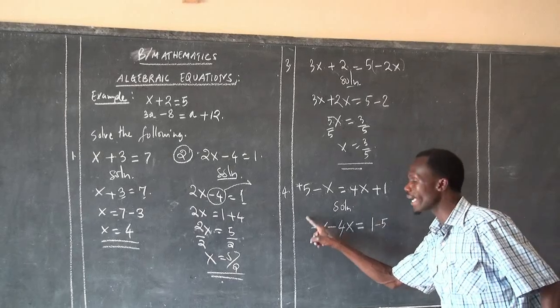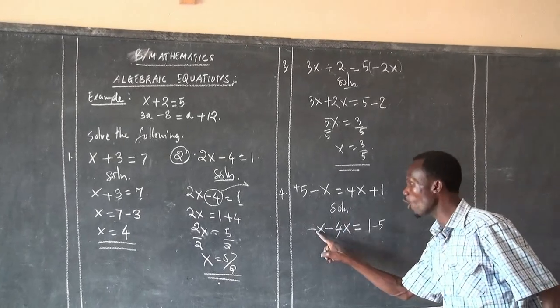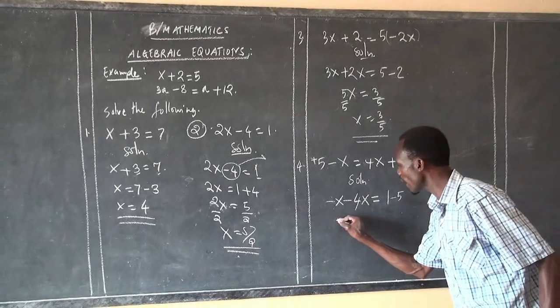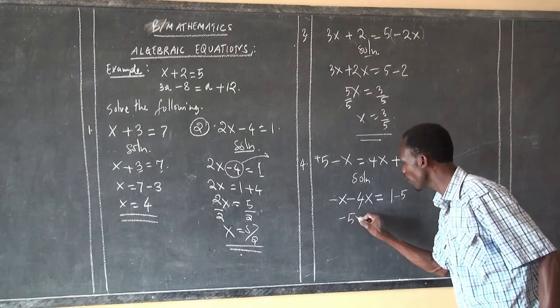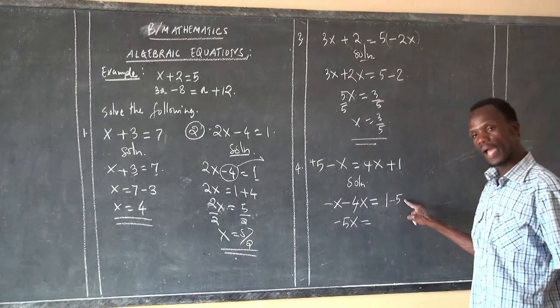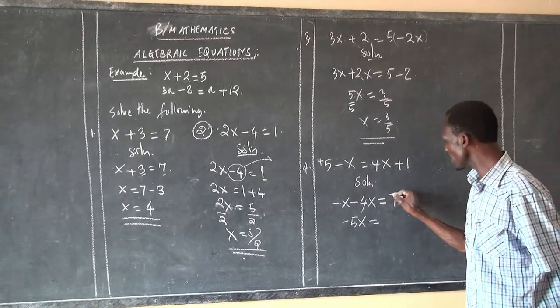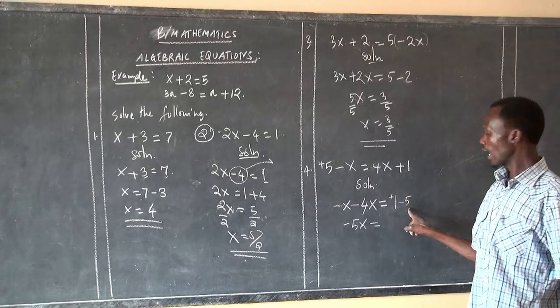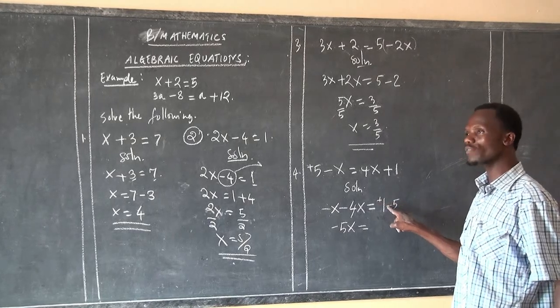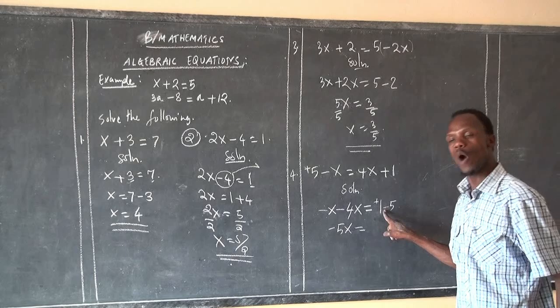Now these all are negative. Hizi zote ni hasi moja na hasi 4. Kwa zote hizi ni hasi. Now you have negative what? Negative 5x is equal now to 1 minus 5. Means you have positive and you have negative. Positive 1, negative 5. Now when you look at this positive and negative, you look at the one sign that